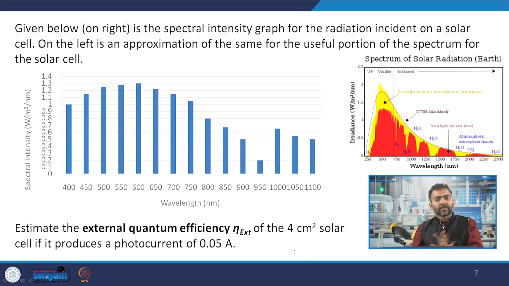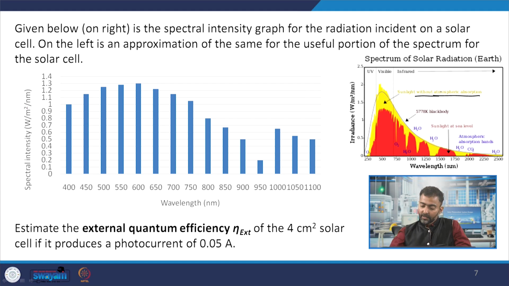This is a very simple representation of the concept, which is quite rigorous, so that we can solve it as a numerical problem. As you can see here on the right hand side, the spectrum of the solar radiation is given. You have the spectral intensity graph for radiation incident on the solar cell, and in this graph, the yellow region is the sunlight without atmospheric absorption, basically the solar spectrum outside